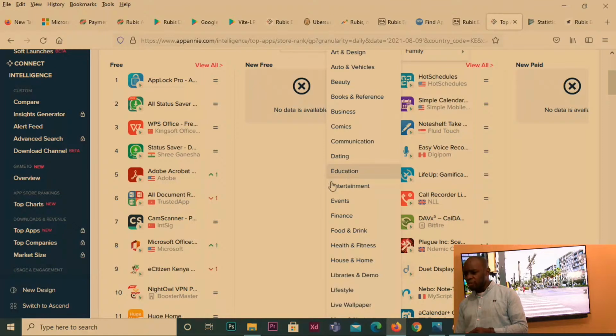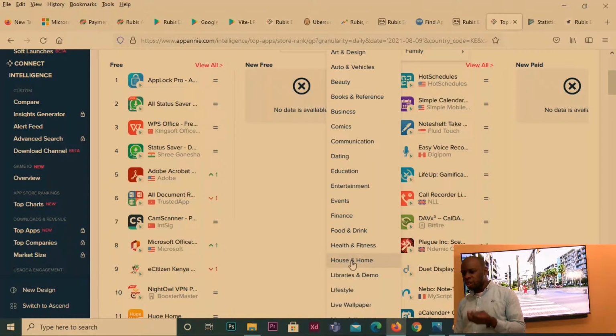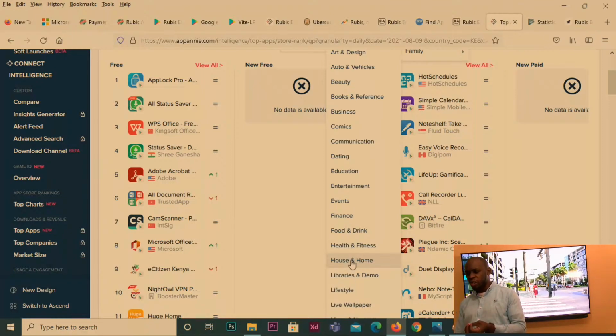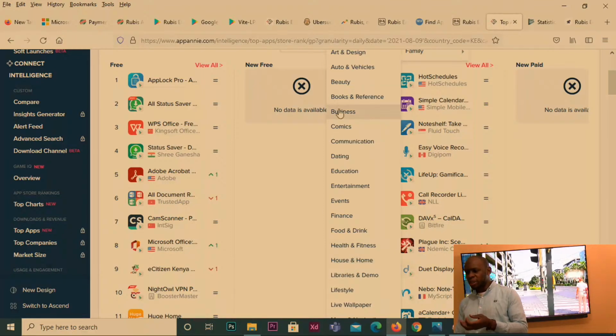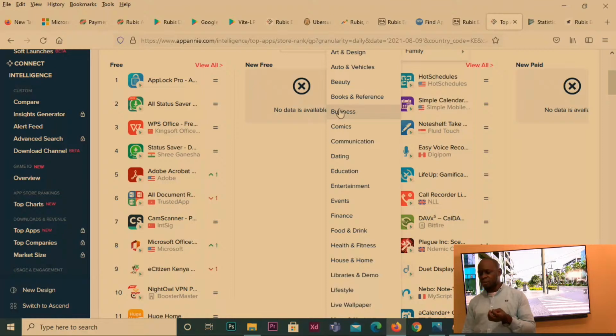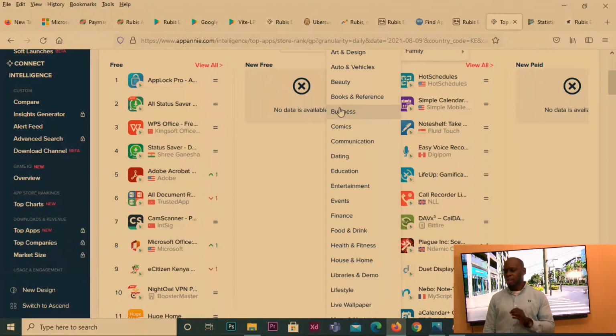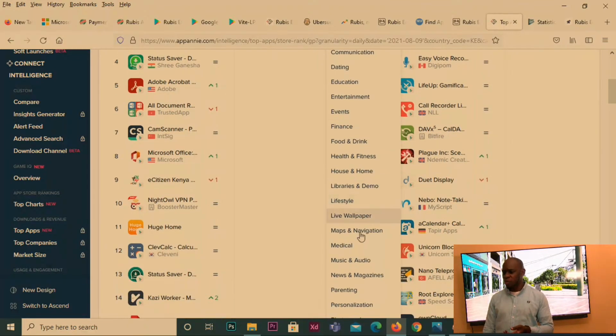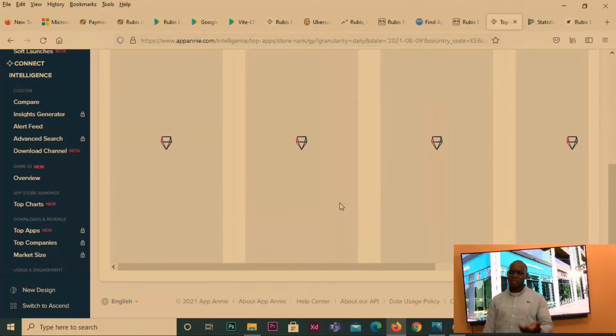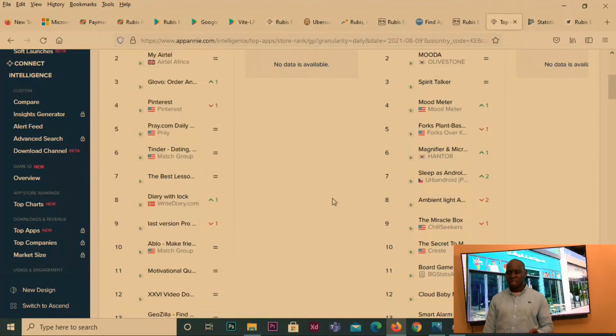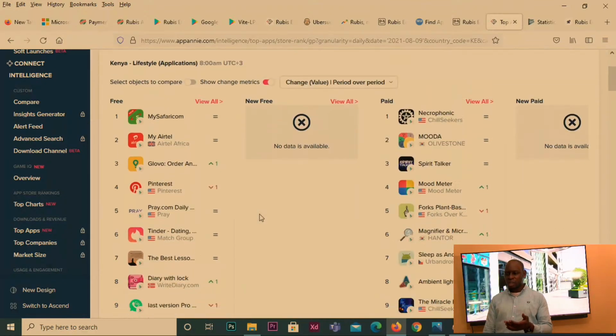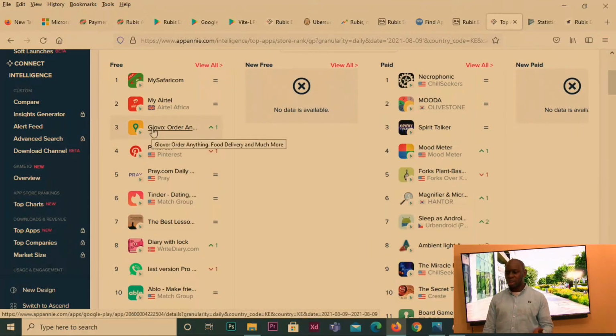So I can put it under finance, house and home, because it helps you do a lot of house and home activities. I can also list it as a business. So this will best put the app in terms of what it does. So it can also be used as a lifestyle. So majorly I'd preferably use it as a lifestyle, because